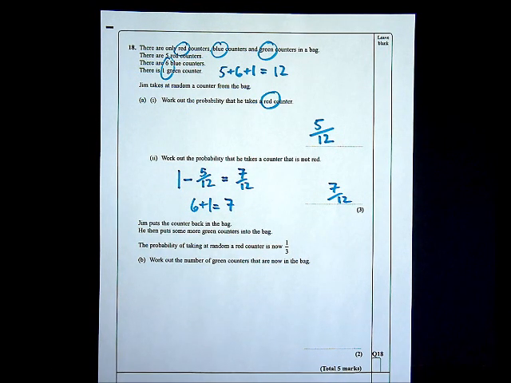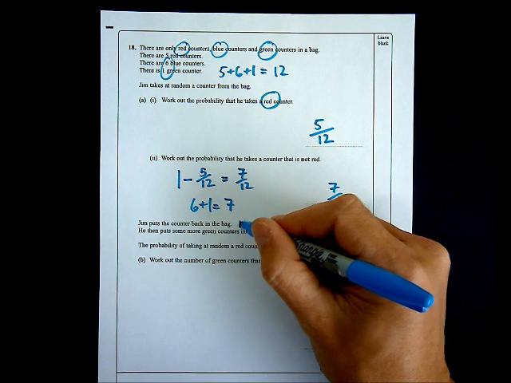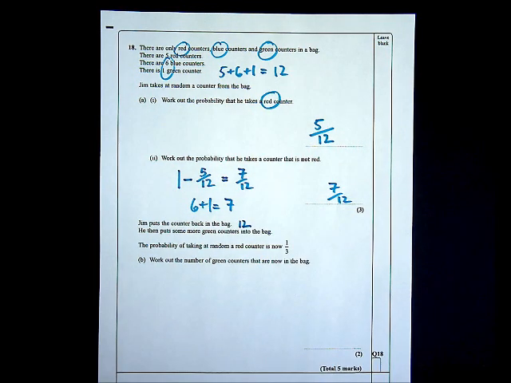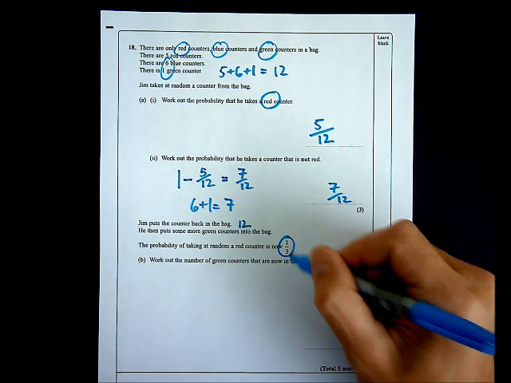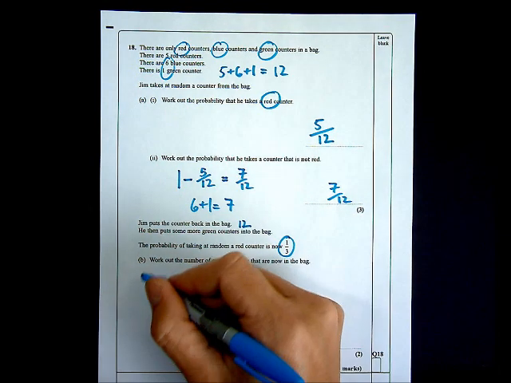I'm then told he puts the counter back in the bag, so there are still 12 counters in the bag, and he puts some more green counters into the bag. And I'm told the probability of taking a random red counter is now 1/3. Now there are obviously not 1 red counter in the bag, or 3 counters in total. So this fraction I'm going to scale up